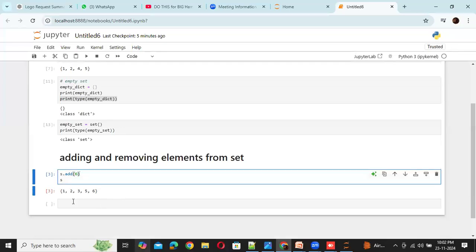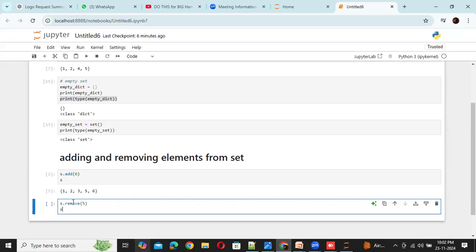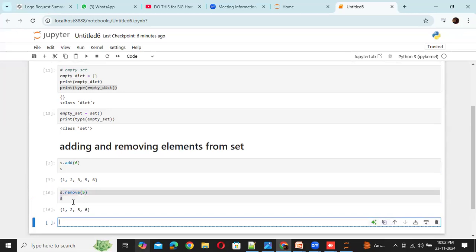This is how you can add a value to a set. And how do you remove a value from a set? You can use the remove function. So here, s.remove, for example, I just want to remove 5 here. And then if I print, we get 1, 2, 3, 6. Okay, this is how we can do that.